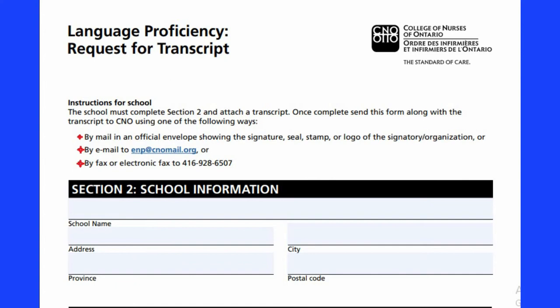And it should be sent to CNO completed by mail, in an official envelope showing the signature, seal, stamp or logo of the signatory or the organization. If it is being sent by email, it should be sent to the email address enp@cnomail.org, or if it is being sent by fax, this is the fax number